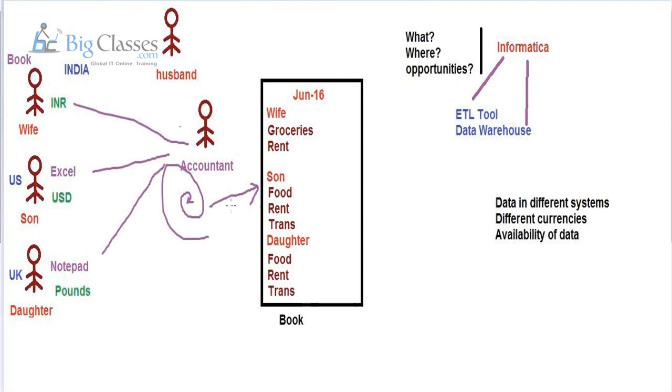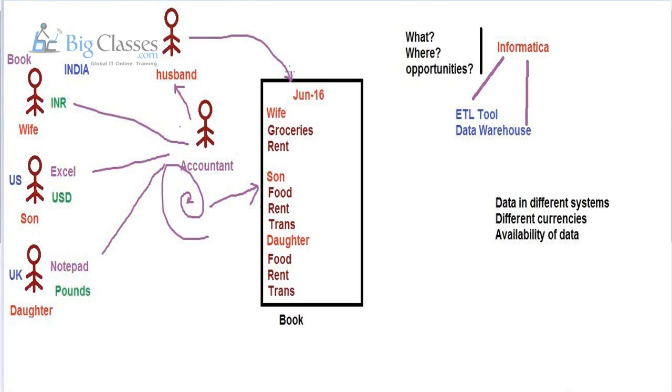Once this process is completed, the accountant will notify the husband saying, sir, your family expenses for last month are completed and readily available in the book. You just go and have a look. Now he will directly look into this and understand who spent how much and on what. If he feels the expenses of the son or daughter are high somewhere,